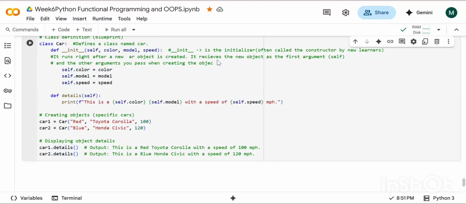Yes, details is a method. Function and method are both the same thing. Tell me, guys, clear with the blueprint? Yes, you're correct, Saswat. A constructor is written in a different way than the functions.